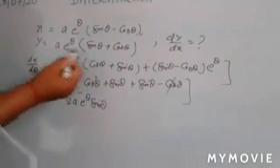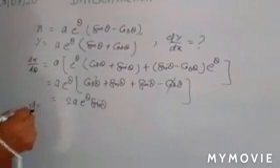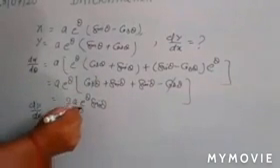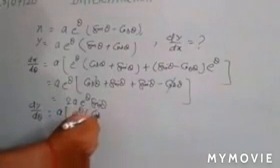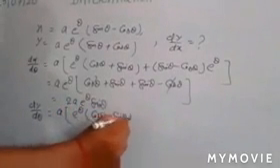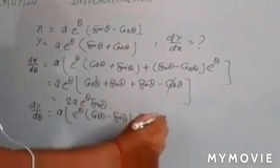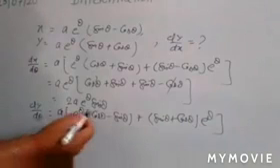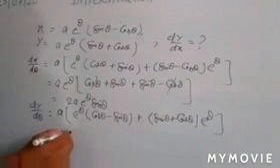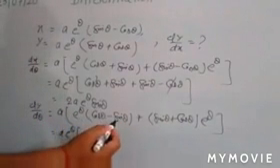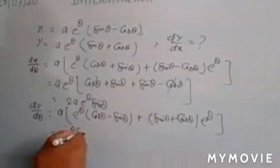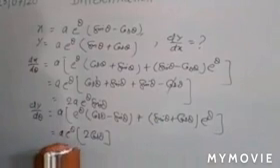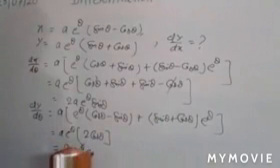In the same way, differentiating here, dy by d theta is equal to a, applying the product rule, e to the power theta into (cos theta minus sine theta), plus the second function (sine theta plus cos theta) into e to the power theta. Now again taking e to the power theta common, the sine terms cancel out, and you have 2 times cos theta, which is equal to 2a e to the power theta cos theta.